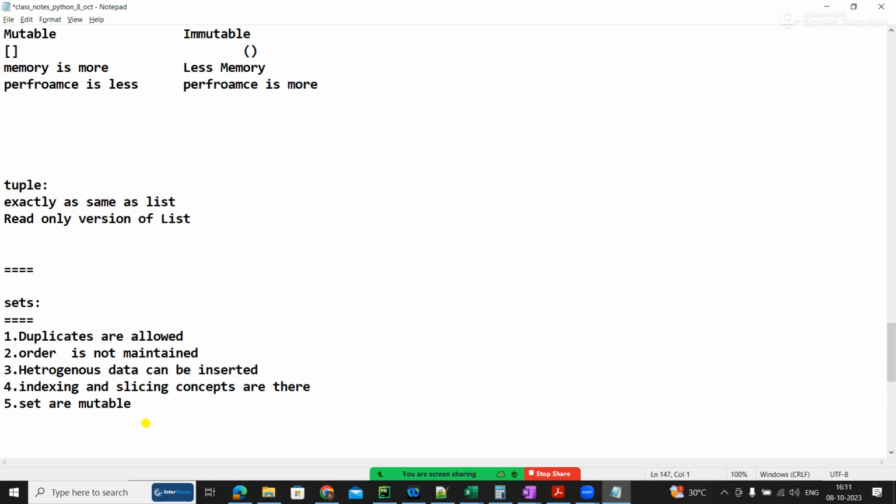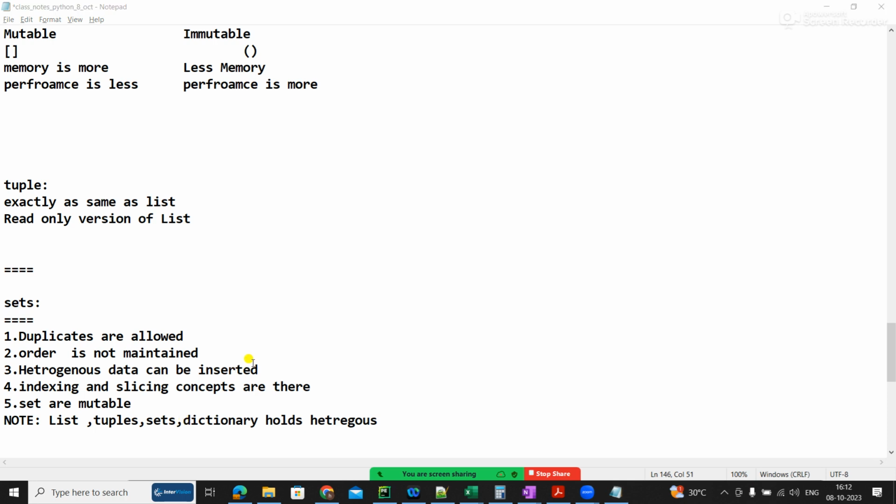Now one more note I want to give: list, tuple, set, dictionary, all hold what kind of data? Dictionary I have not spoken about, but I'll speak about that. Sets, and dictionary hold heterogeneous data.